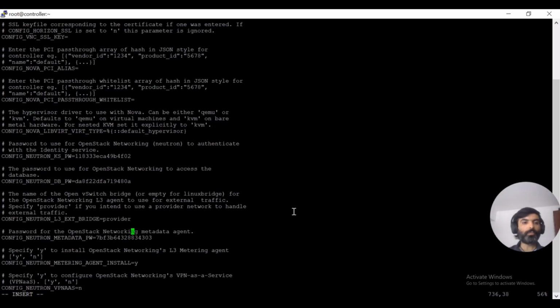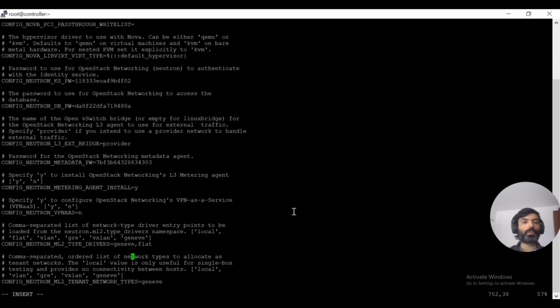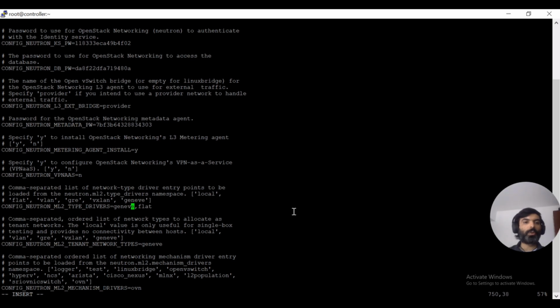Metadata we are going to leave. Metering agent, yes. As we discussed earlier, we don't want to use VPN as a service. Neutron ML2, okay, we will be using